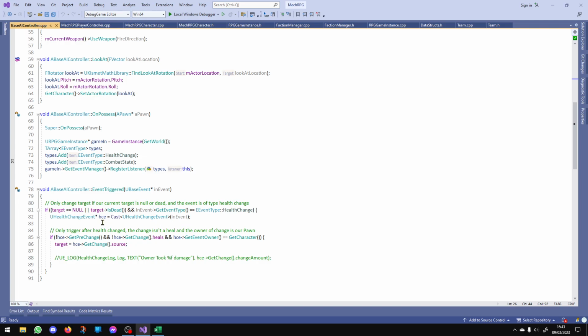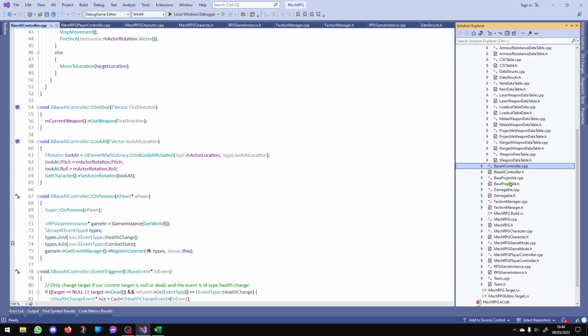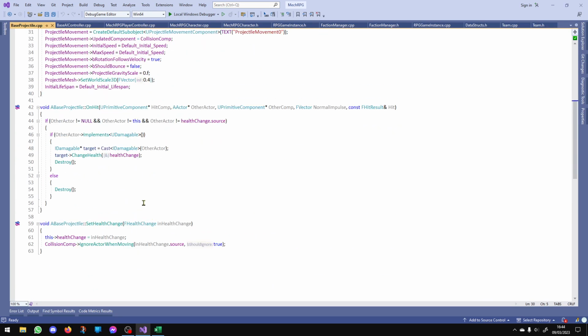So what we're doing here, this is when we're being attacked. You should probably assume that we're only going to be attacked by enemies because there's no friendly fire. So this is probably fine. So I suppose the place to do it would be in the projectile. So when it hits something, we don't do damage to other people. So in here,